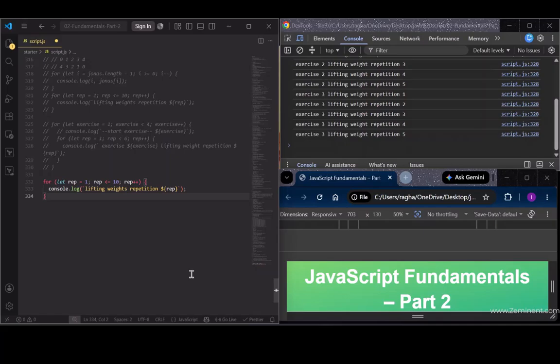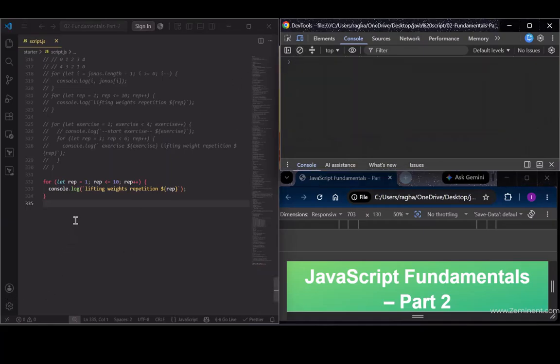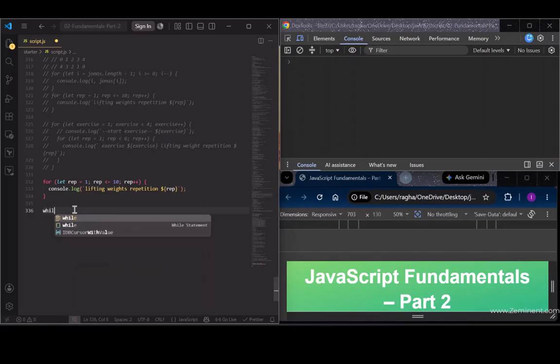So implementing the same with a while loop, we still need a counter so that we can print the current value to the console, and we still need a condition so we know when to stop, and we still need to increase the counter somehow. Now in a while loop we can only specify a condition. So in this case, while always only needs a condition, right? So while rep